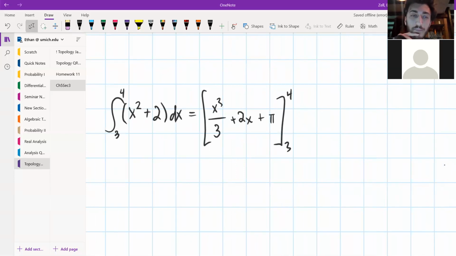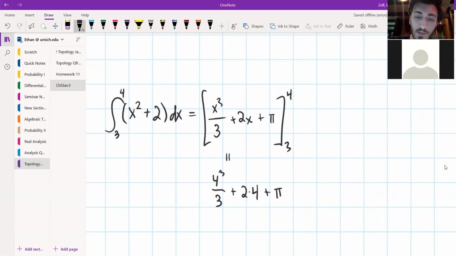When I plug in, I would get 4 cubed over 3 plus 2 times 4 plus pi, because I don't have to plug in anything there. And then I subtract off the other term, so I get 3 cubed over 3 minus 2 times 3 minus